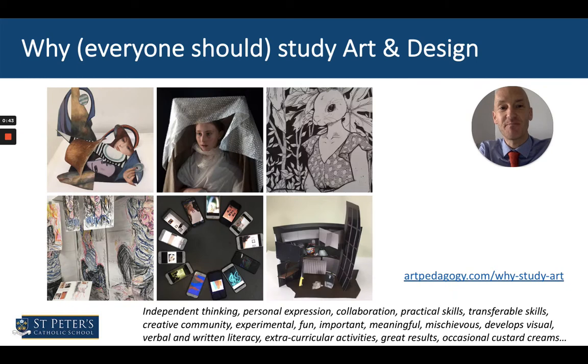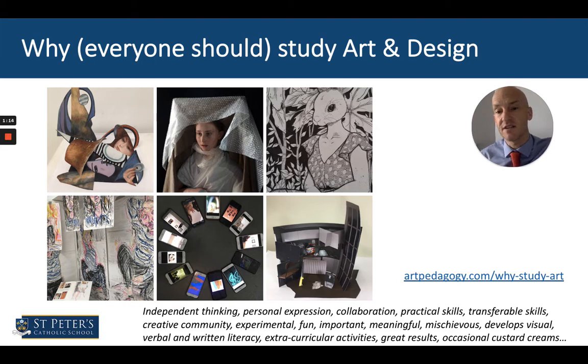And so why should everybody study art and design? Well, maybe it's not for everybody, but obviously with your options, you've got to go and look at what your key interests might be for your future pathways. But it's all these transferable skills for me within the subject that are developed that I think are important to emphasise. So you can see those examples there, the range of work that students might do in these experiments that occur in Year 10 and beyond, and exploring materials and techniques and developing those skills is one aspect,